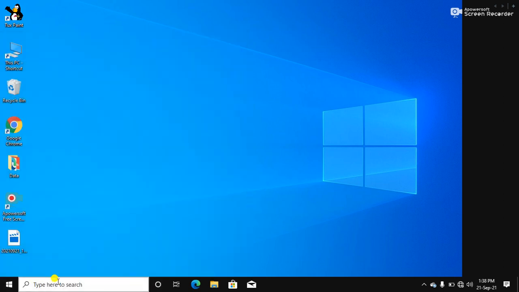Now the taskbar. Where is the taskbar? This is called the taskbar. It appears at the bottom of the desktop. It contains the quick launch bar, and this is called the system tray. The quick launch bar is located near the start button.